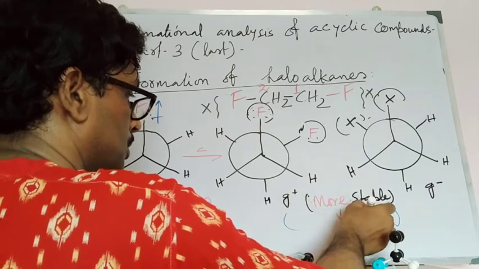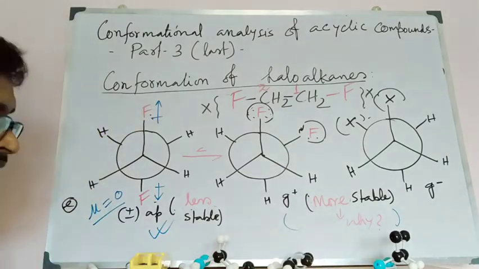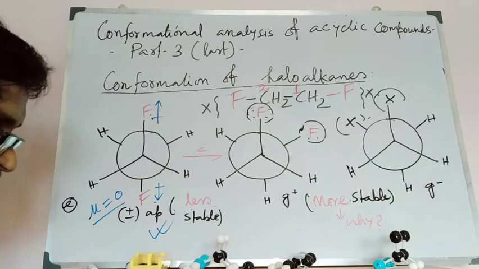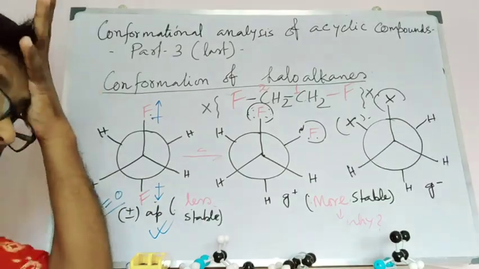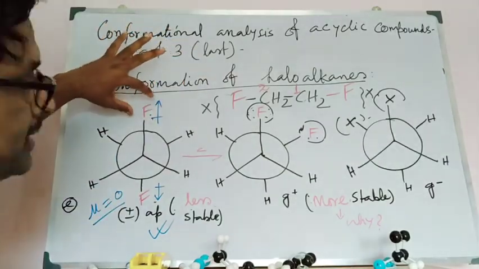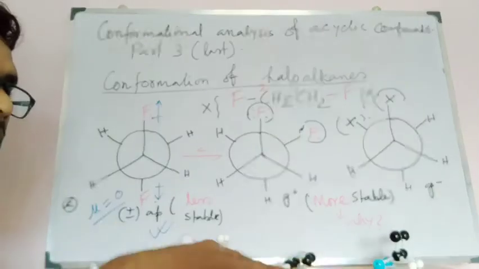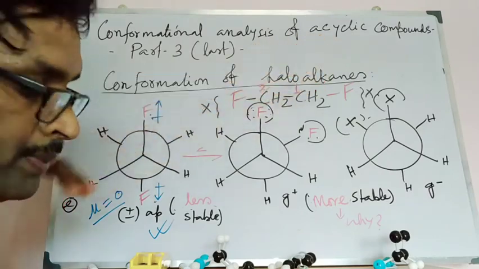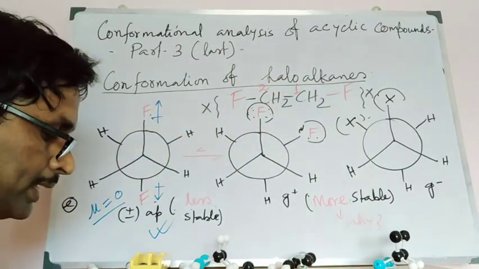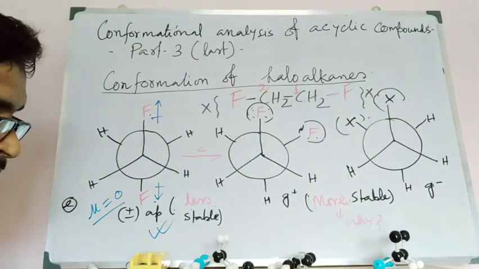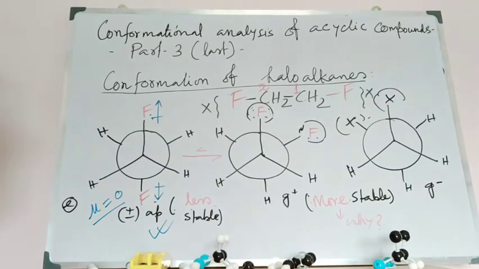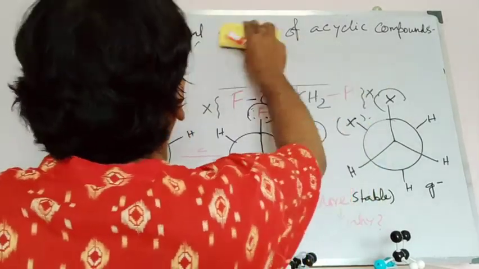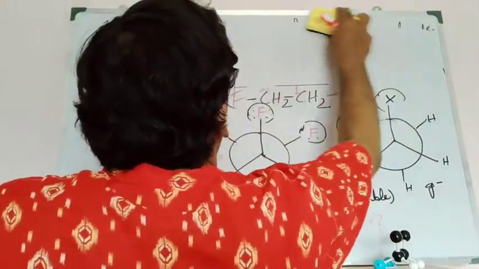Now the question is, why will a somewhat different explanation be given here? Because fluorine is smaller in size and has higher electronegativity than the chlorine or the bromine present there. So it can be explained on the basis of hyperconjugative interaction. So we have to write down the hyperconjugation possible for this compound,